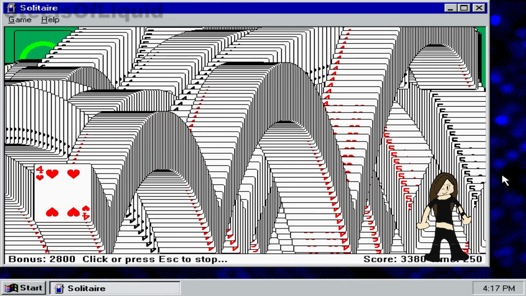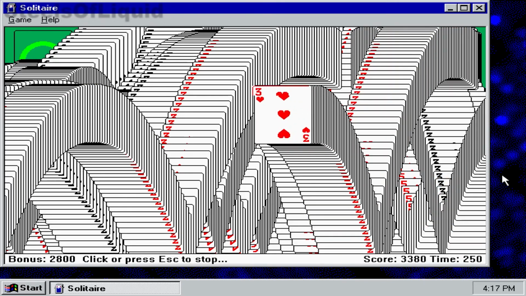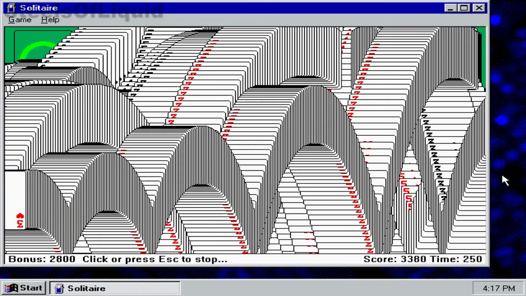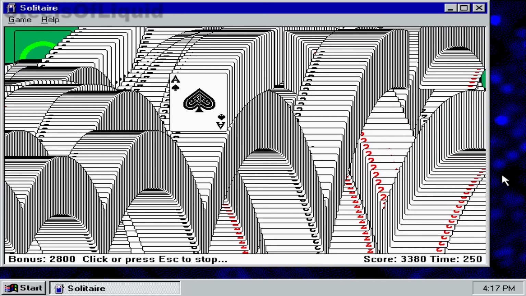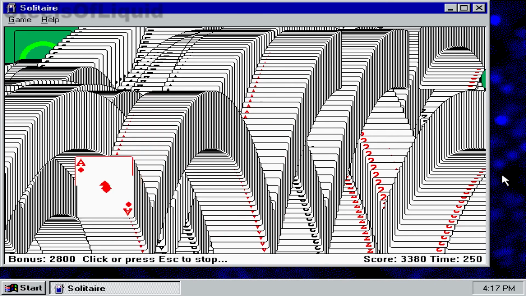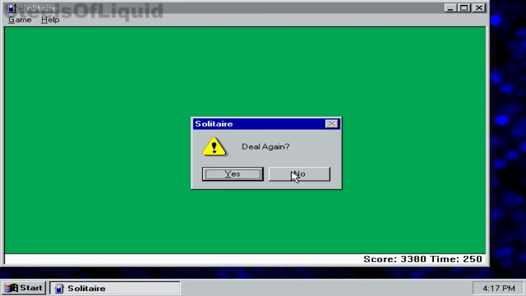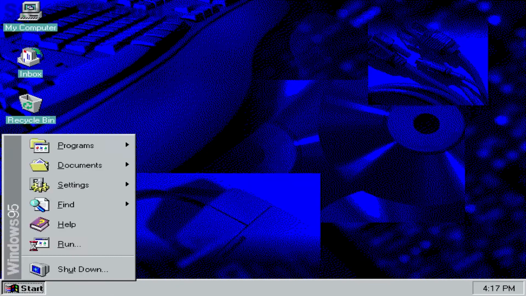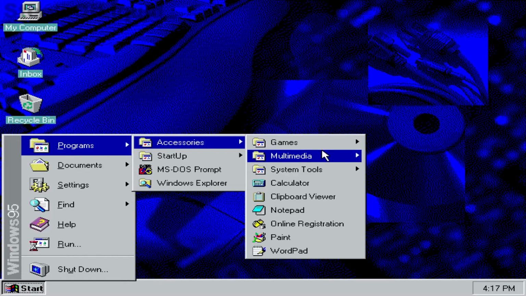Yeah, I'm just letting this do its own thing. Just lagged there for a second, and 1, 2, 3, and 4. Deal again. No. So yeah, and that's not the end. There's 2 other games that I could go over, which are Free Cell and Hearts. But given the fact that this has already taken an hour to record,